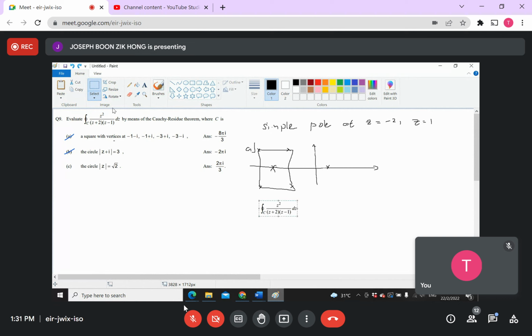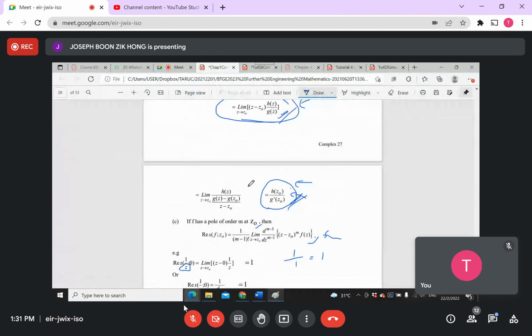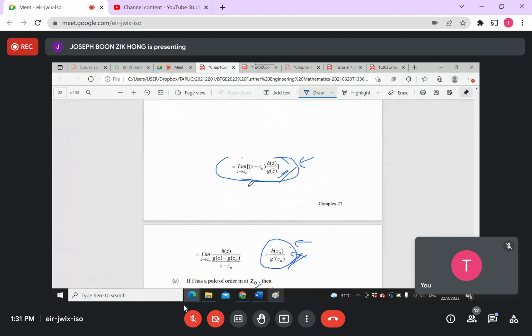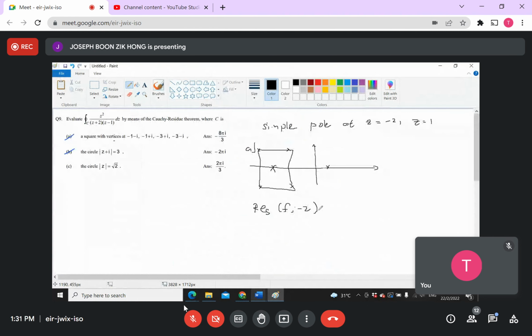Okay, when you want to find this one, it's also equal to 2 pi i times the residue. We just need to find the residue first. Residue of your f at z equal to -2. So we look back. This one is a simple pole. Because it's a simple pole, but this one is not easy to differentiate,